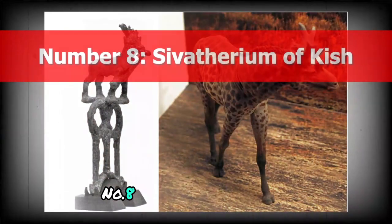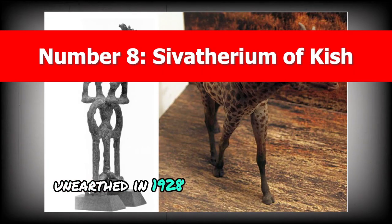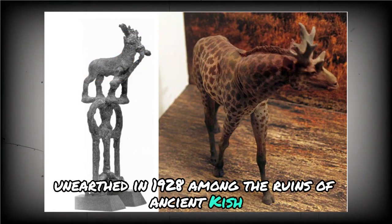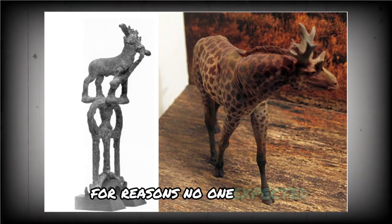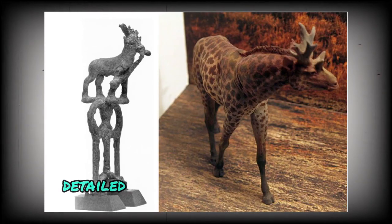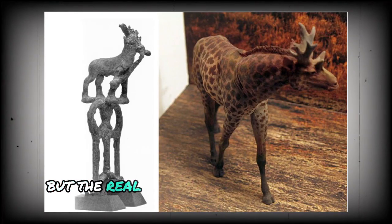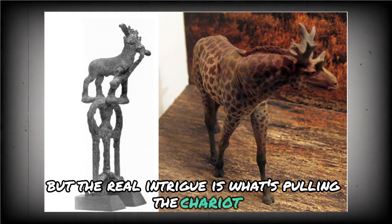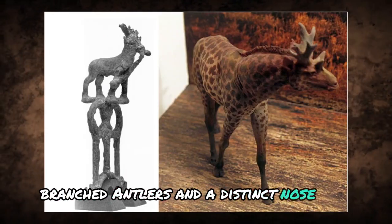Number 8. Civatherium of Kish. Unearthed in 1928 among the ruins of ancient Kish, this small war chariot figurine turned heads for reasons no one expected. At first glance, it's a beautiful piece, detailed, stylized, and unmistakably Sumerian. But the real intrigue is what's pulling the chariot, a creature with thick limbs, branched antlers, and a distinct nose ring roped like